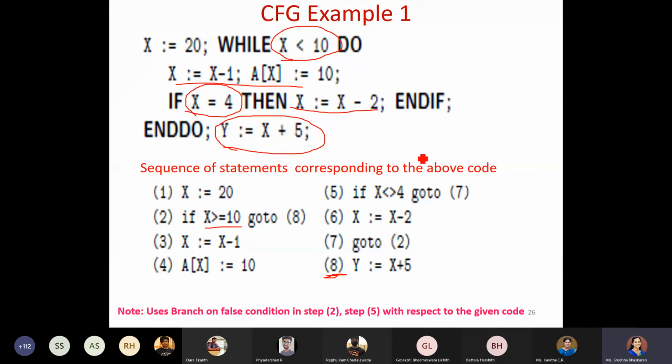If it is false, then what happens? It has to come out, right? It should not execute anything else. So what have I written? Instead of the x statement, what I have to check is x not equal to 4. So not equals has been represented like this. So if x is not equal to 4, what do I have to do? I have to reach the end of loop. That means I have to once again go back and check my loop part. So where should I go in this particular sequence? To my step 2. Sorry, go to step 7. From 7, go to step 2. So you will reach back here. If this condition isn't true, then you would be executing x is equal to x minus 2.